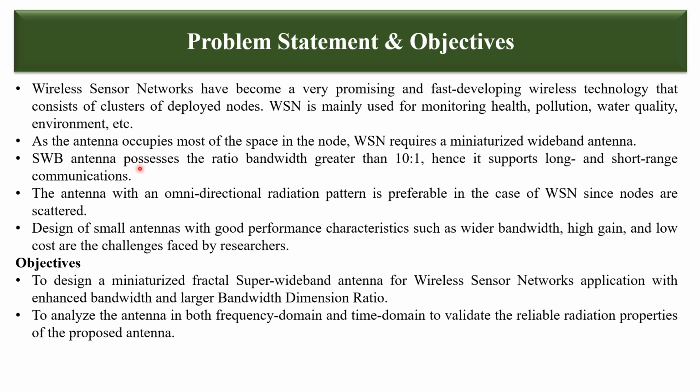A super wideband antenna is the better choice for that because it has a minimum bandwidth ratio of 10 to 1, and an antenna with an omnidirectional pattern is preferable in the case of wireless sensor networks because the nodes are scattered. And the challenge is to design a smaller antenna with wider bandwidth, high gain, low cost, and high bandwidth dimension